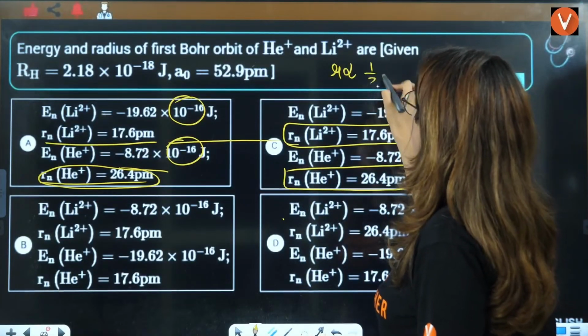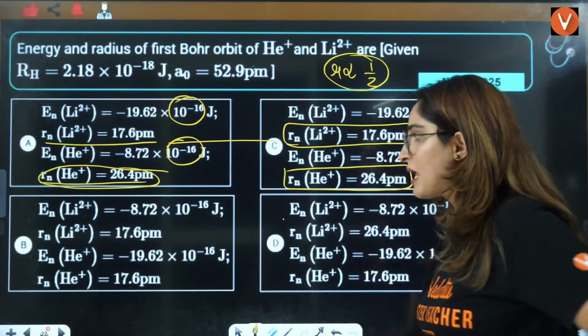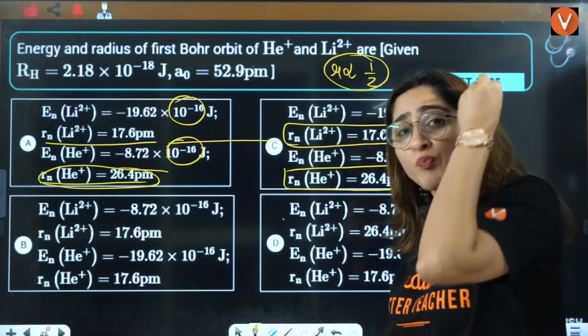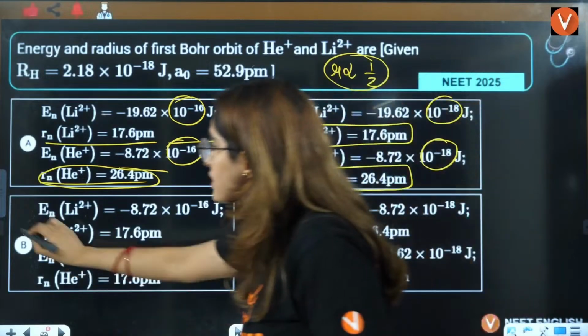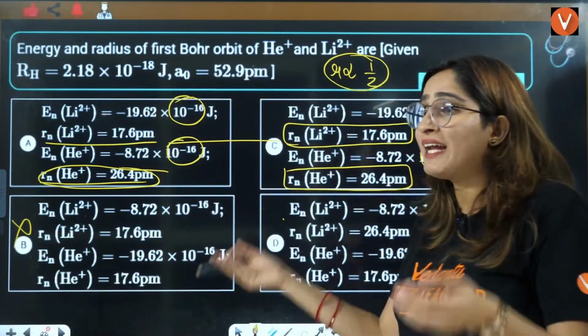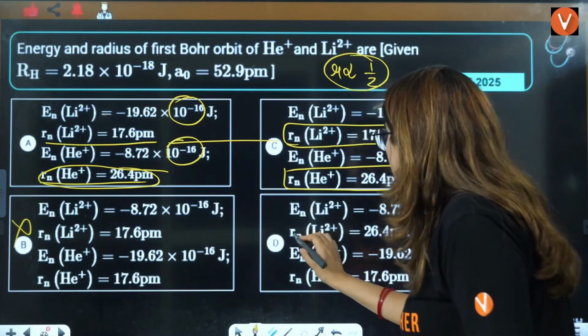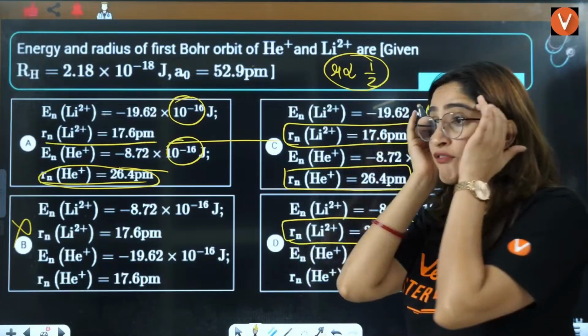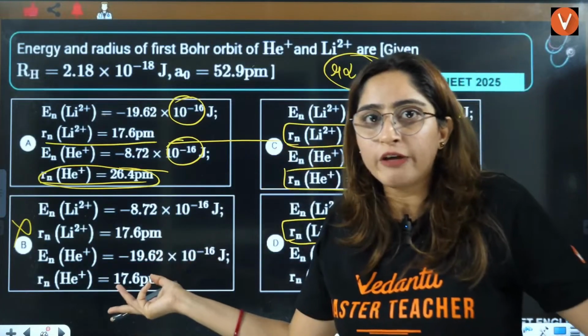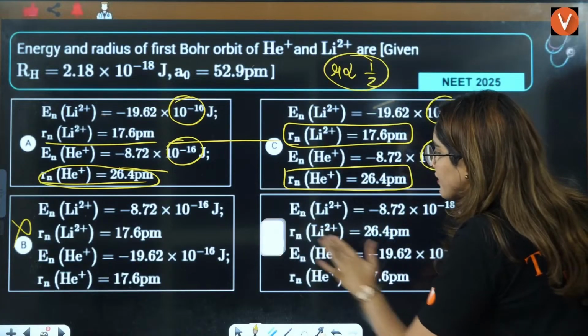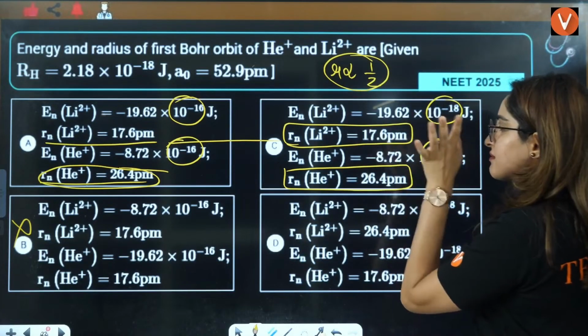n is same means it is inversely proportional to Z. Now, Z for lithium and helium is different. It's not possible that they will be same. So, this option is already eliminated. We don't need to solve the radius. Even if you're able to solve radius of only lithium, still we have to be sure. Maybe they are playing with you. Maybe this is the correct answer. So, just solve the radius of lithium. If it is, this will surely be